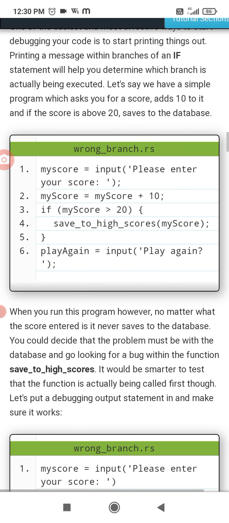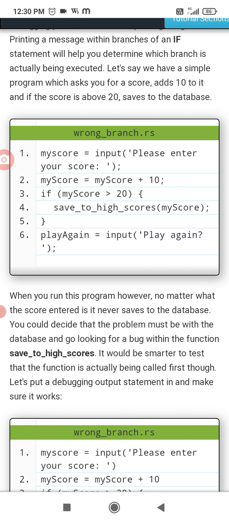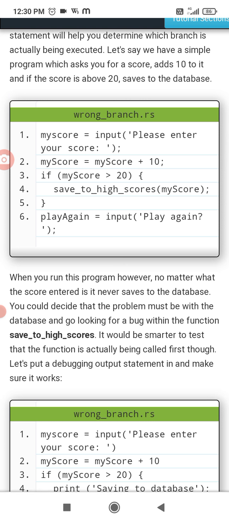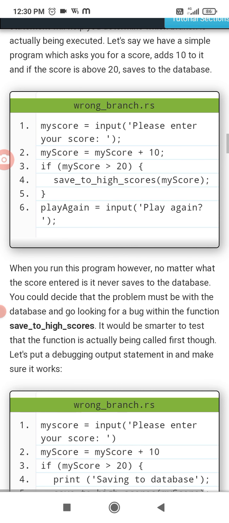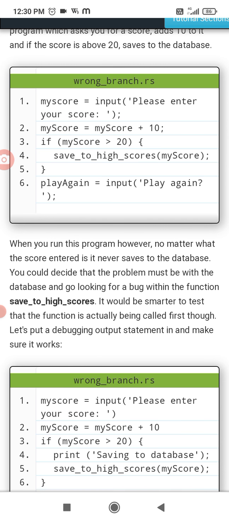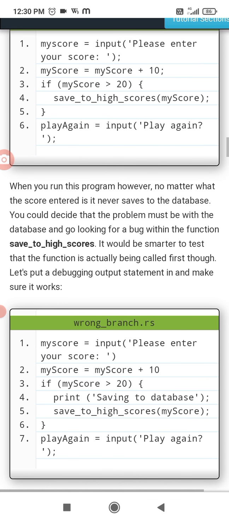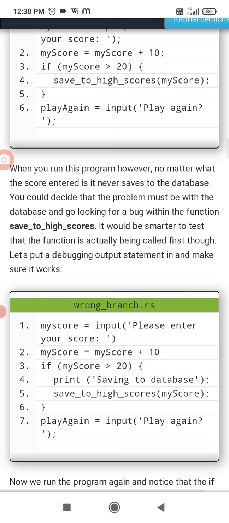You might decide that the problem must be with the database and go looking for a bug within the function save to high score. It would be smarter to first test that the function is actually being called. Let's put a debugging output statement in to make sure of it. Okay.